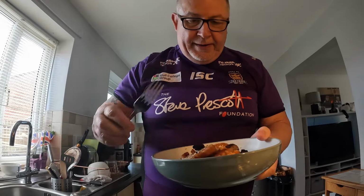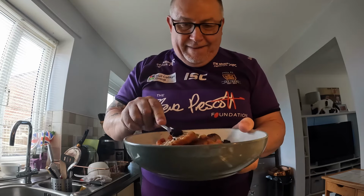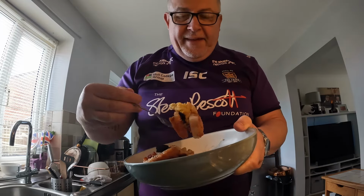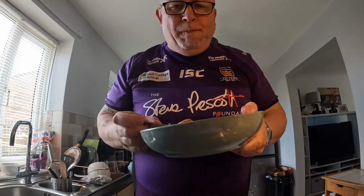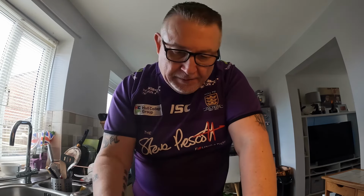Right, here we go. It looks amazing. Let's just hope. I'm going to try and get a cross section of everything if I can. Bit of toast, black pudding, bacon, hash brown. Here we go. Obviously it's not going to taste any different. The only addition to that is a cooked English breakfast. There's a bit of cheese on. But I tell you what,